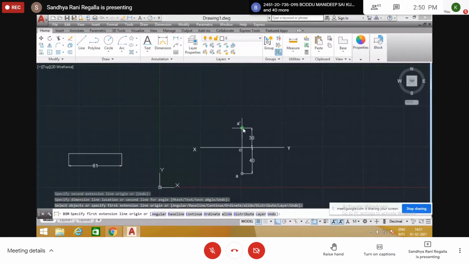So front view of point A dash, top view of point A is A here. 30 mm above HP, 40 mm in front of VP. First we draw reference line XY and draw front view and top view. Join a line from front view to top view. This line we call a projector. And these are the dimensions. The intersection point between projector and reference line is O. If you want to write the text, already I have shown anyway. XY, A dash, A, already did the text also. So like this we need to draw.